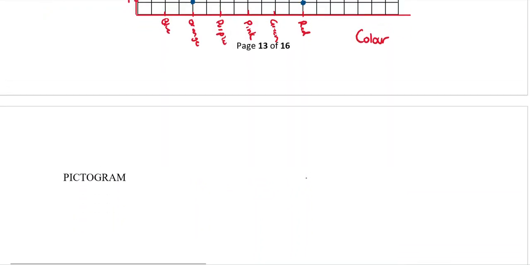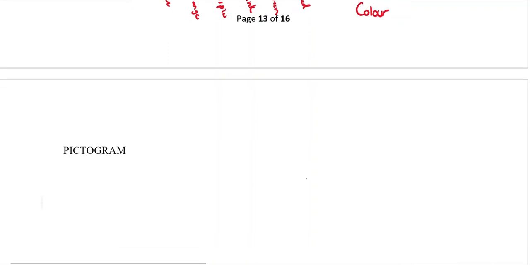Okay, are we ready? We did rectangles when we were doing chocolates. It was my art skills. I'm not an artist, so yeah, we could do circles. All right, are we ready for the pictogram?